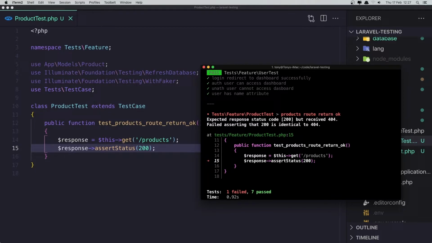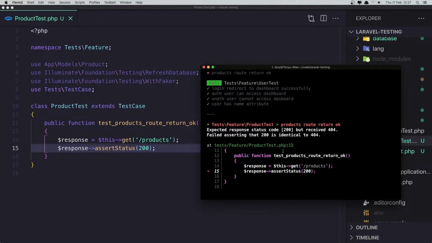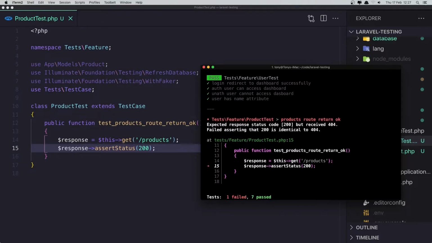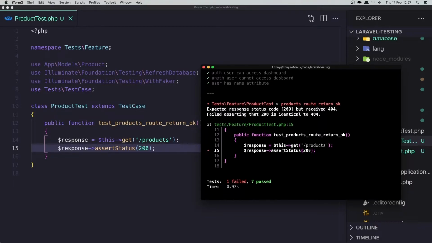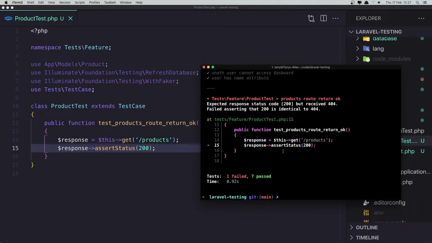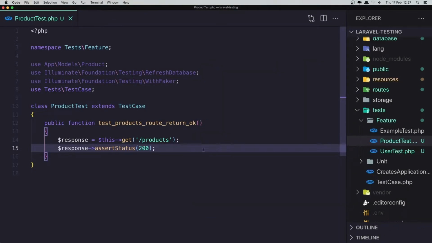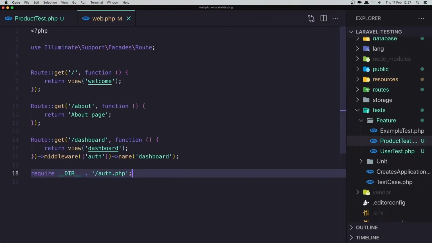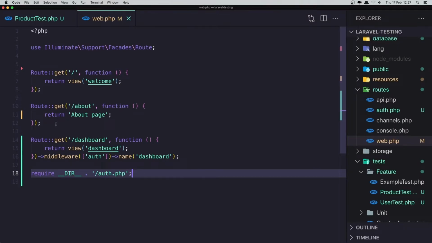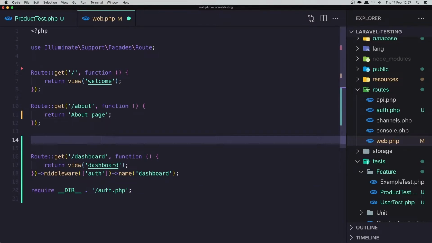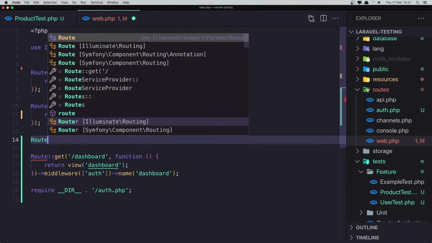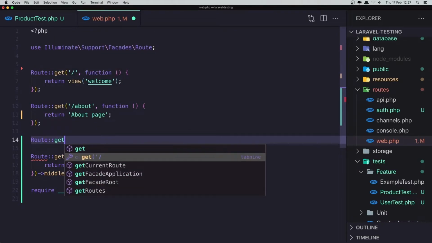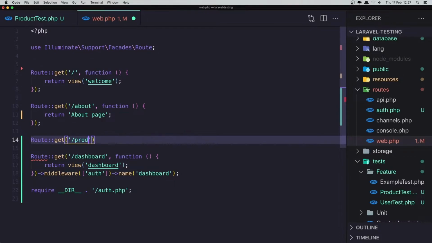And here is the route. And why we have this 404? Because we don't have the route. So if I go to the route, web routes, and I'm going to create that. So route get and slash products,